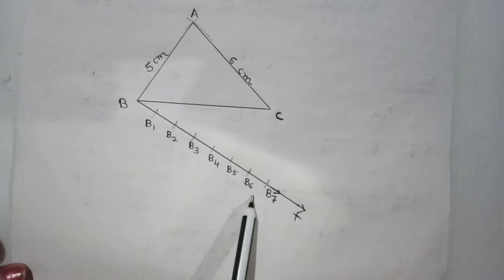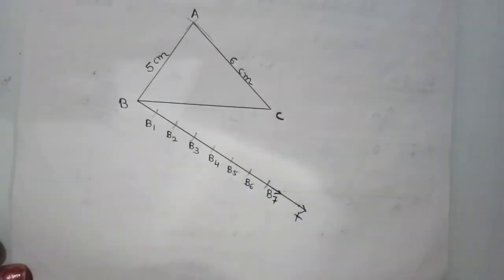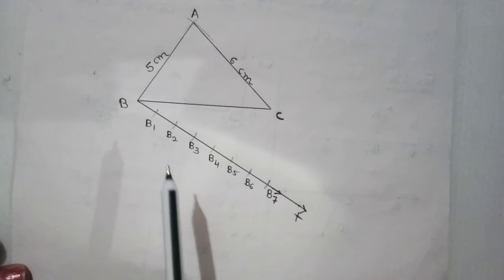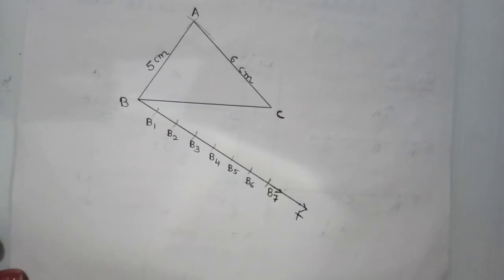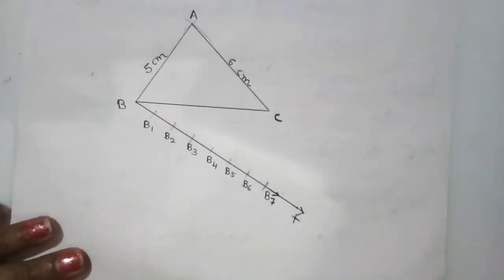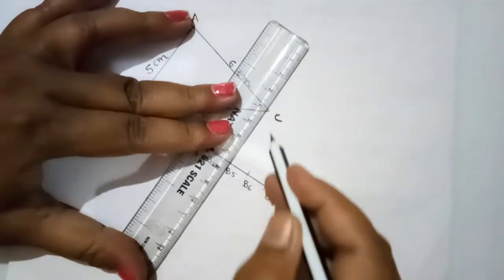Now as numerator is greater than denominator, therefore we have to construct the triangle outside. So denominator is 5, so we will join the fifth arc with C. Because 7 by 5 we want to construct, means the 7th arc we have to construct. So whatever denominator is there, that is to be joined with C. In case 1 also and case 2 also, whatever denominator number is given, that arc is to be joined with C. So here first of all we will join the fifth arc with C. So let us join B5 with C.